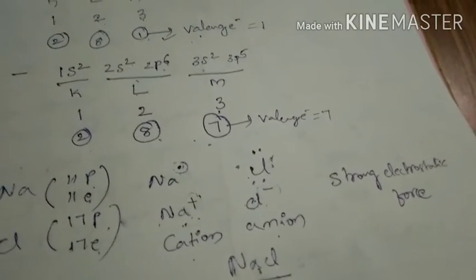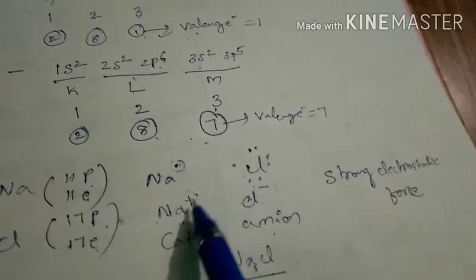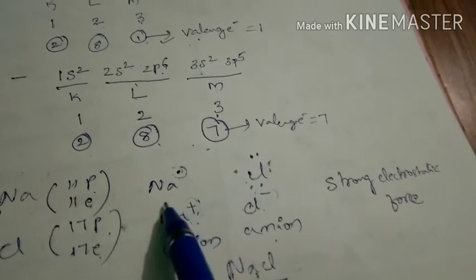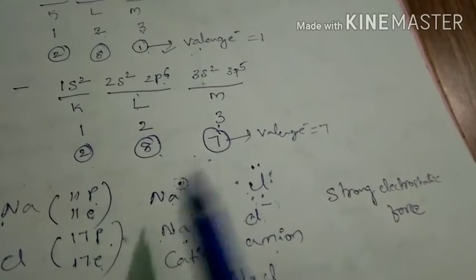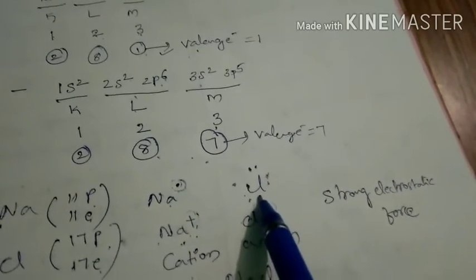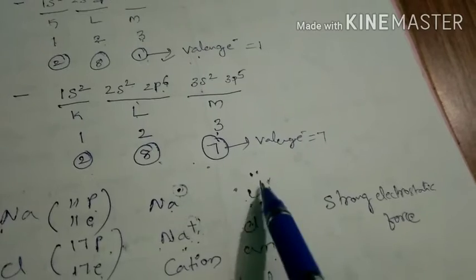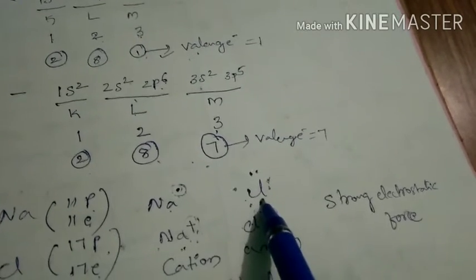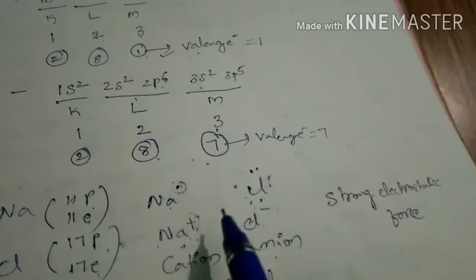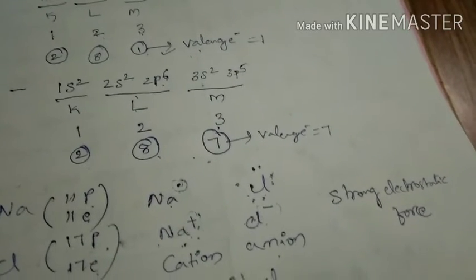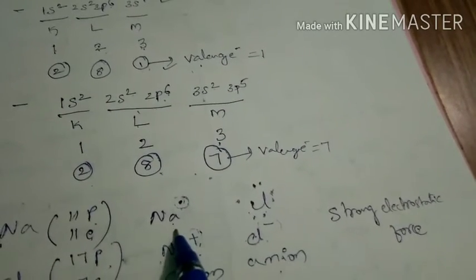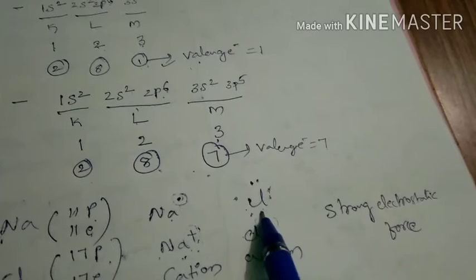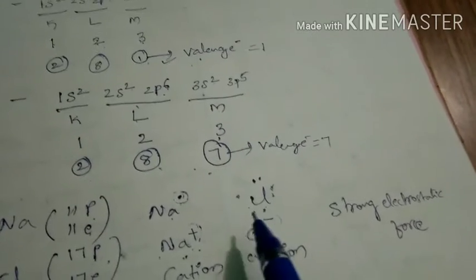Here some points are there. Here sodium loses electron, it forms metal. So why does sodium lose electron? Because sodium is a metal. Here chlorine gains electron. Why does chlorine gain electron? Because it is non-metal. In starting itself I told one point, generally metals lose electrons and non-metals gain electrons. Because of metallic nature of sodium, it loses electron. Because of non-metallic nature of chlorine, it gains electron.